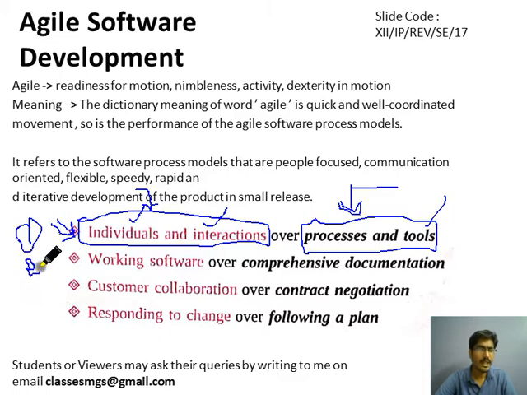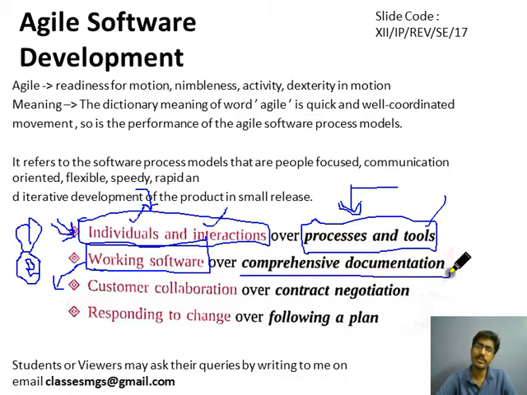Second is, in case of waterfall model and evolutionary model, component based model, we release the prototype first, and then we do some work. And in a waterfall model, first we release the documentation that this software will look like this, and this is a written document of 20 to 30 pages or 100 pages if the software is very big and complex. And this documentation is very hard to read and understand by the client or customer.